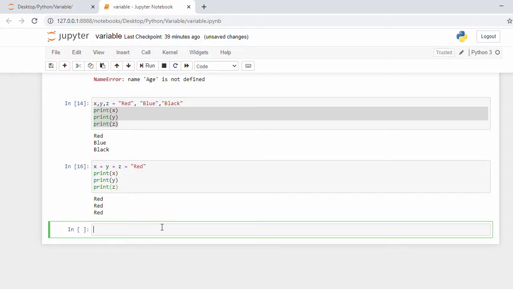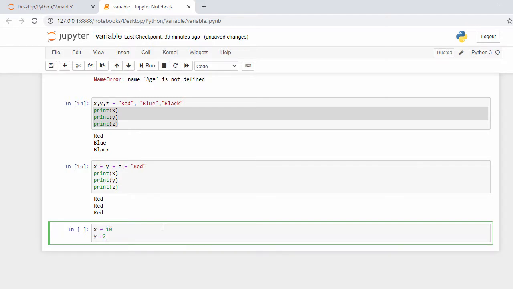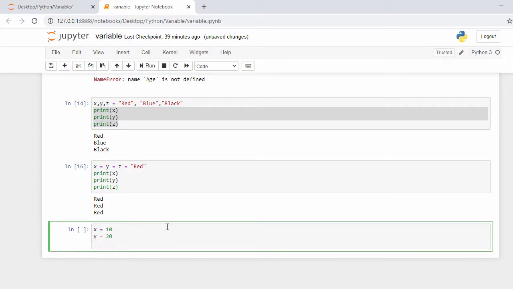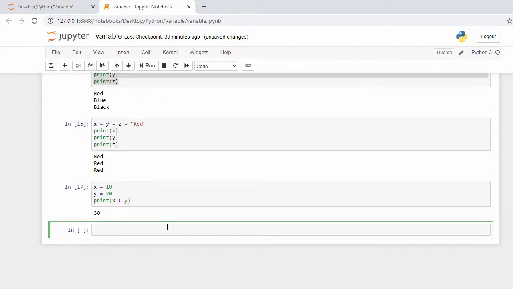And you can also use the plus character to add a variable to another variable. Let's take one example: x equal to 10 and y equal to 20, and if I say print x plus y and execute it, it gives me 30. This is with numbers. Same way you can do it with strings as well.